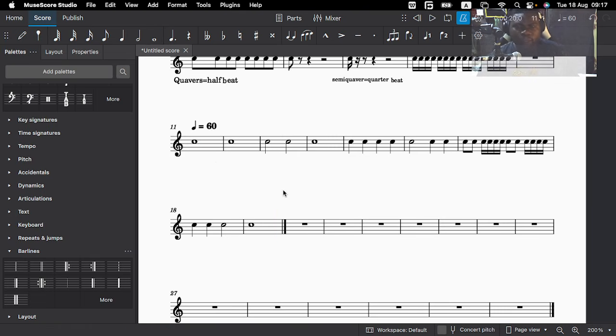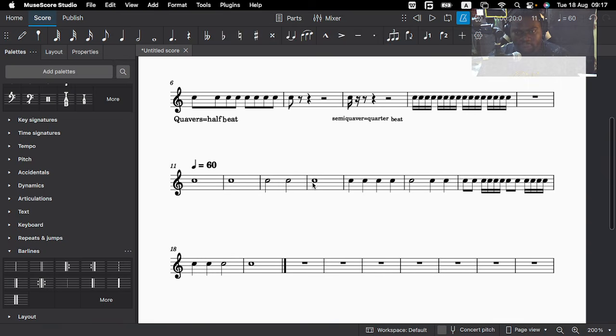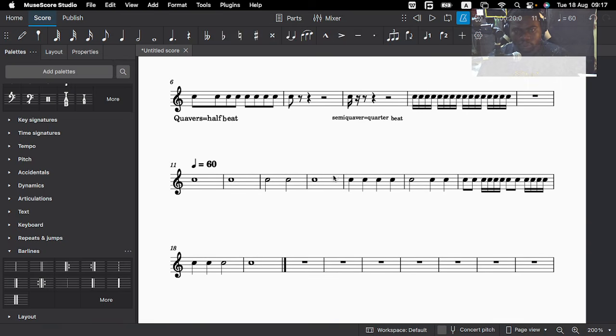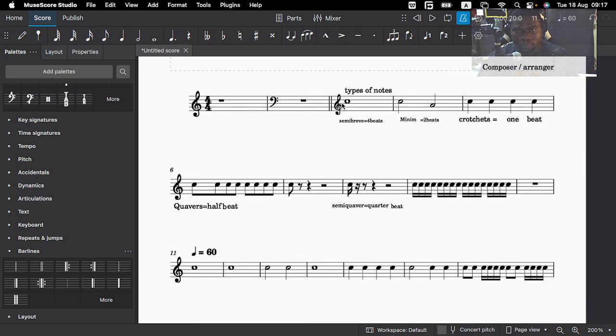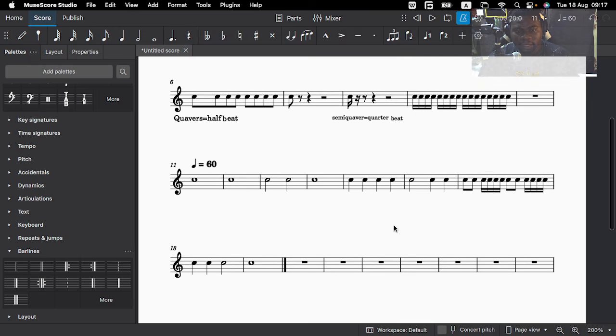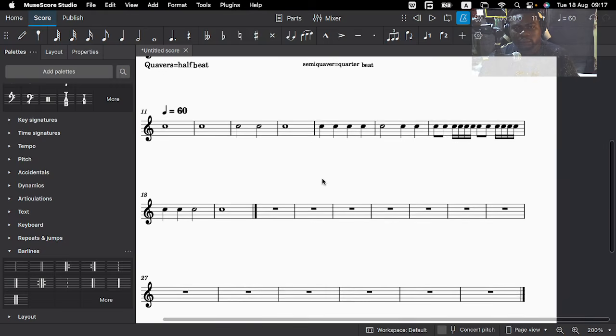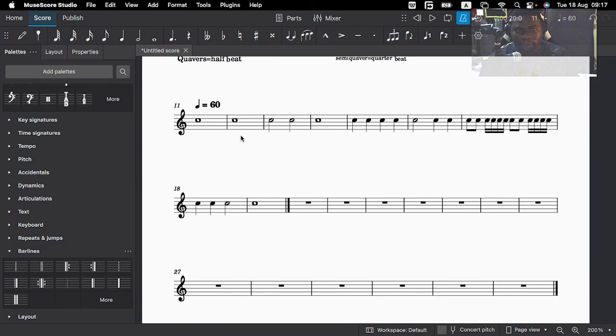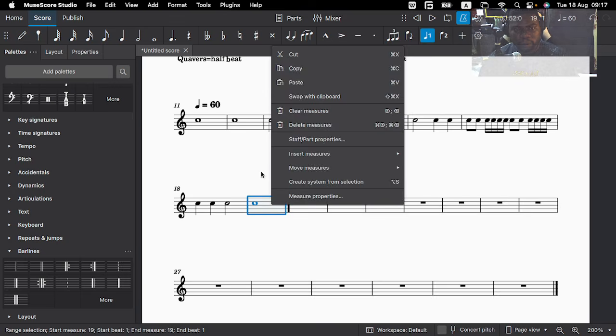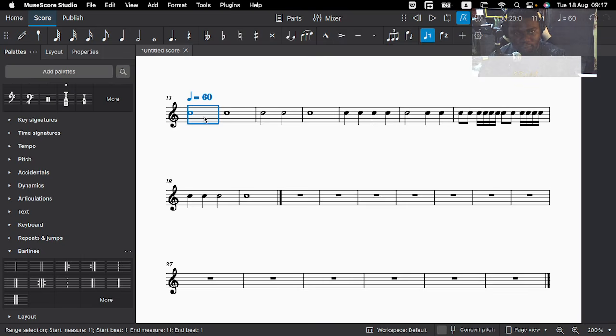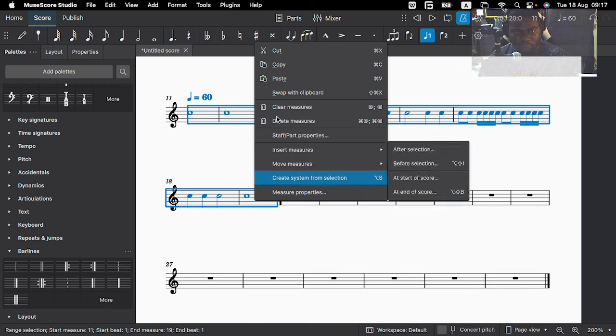So experiment with different rhythms. From semibreve, minim, crotchet, quaver, semiquaver. So experiment. You see how I did an experiment here with these. So you can experiment with different rhythms. Now I want to copy this rhythm. So the assignment we gave was just simply copy the same rhythm